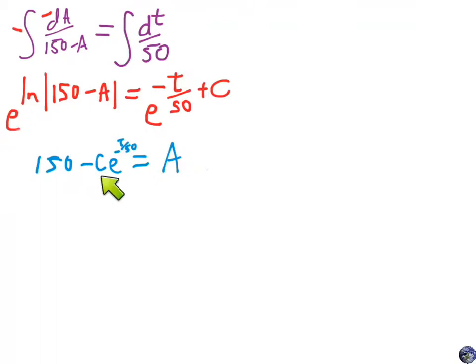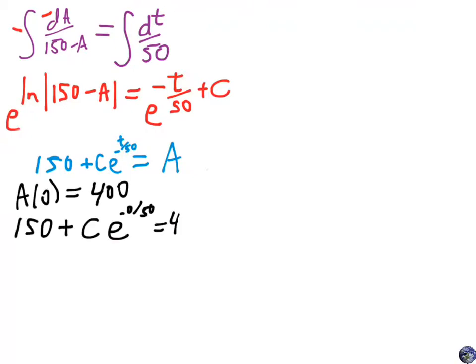But again, we've got a negative in front of this C, so we'll just go ahead and eat that. So make it be a plus. Just looks a little nicer. All right, so we basically have it. We've got A equal to a formula of t's. The only thing is we've got this constant of integration right here. We've got this C. But don't forget our initial condition. So our initial condition was that A of 0 is 400. So if we just plug in t to be 0 here and A to be 400, we solve for C,